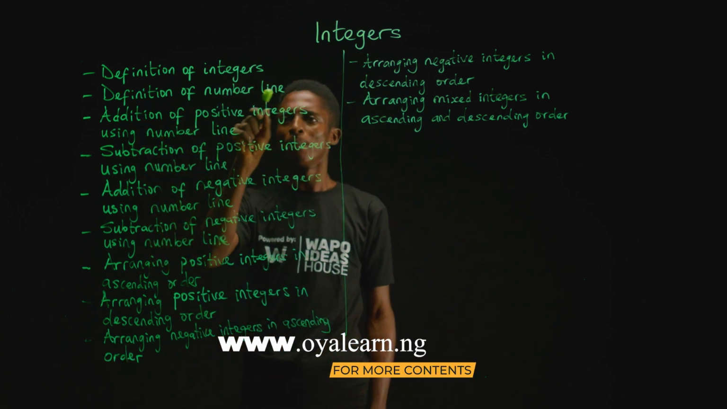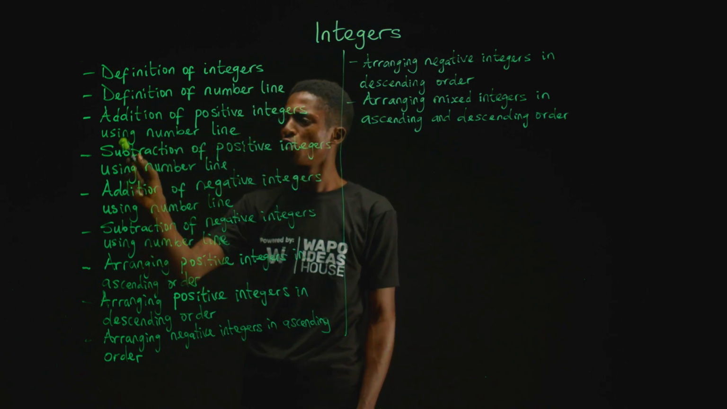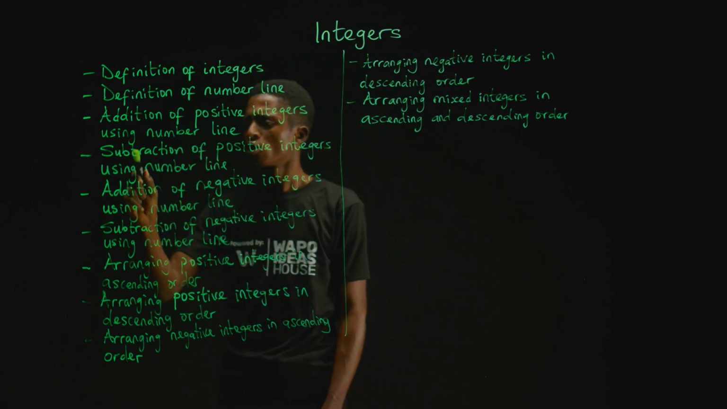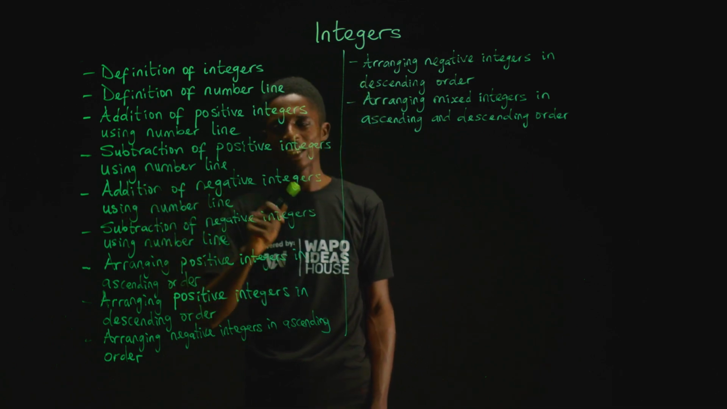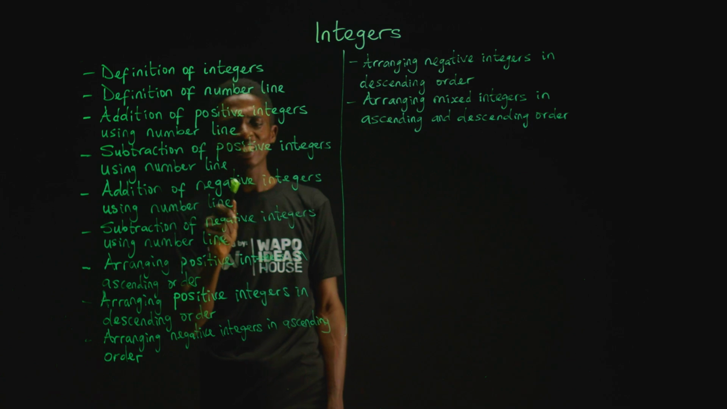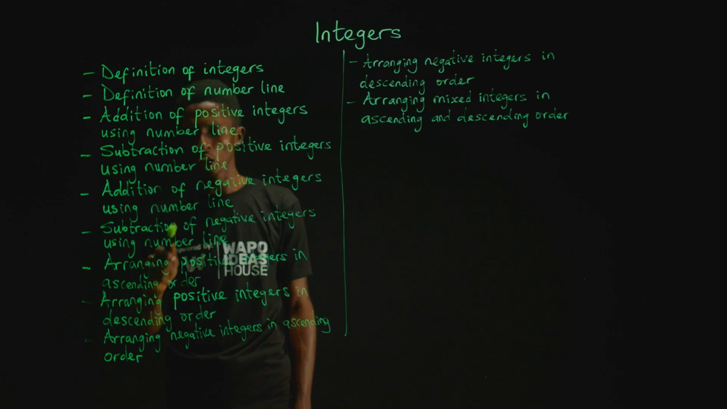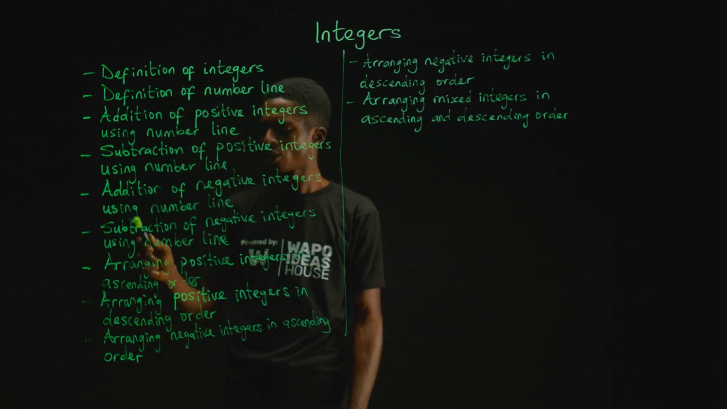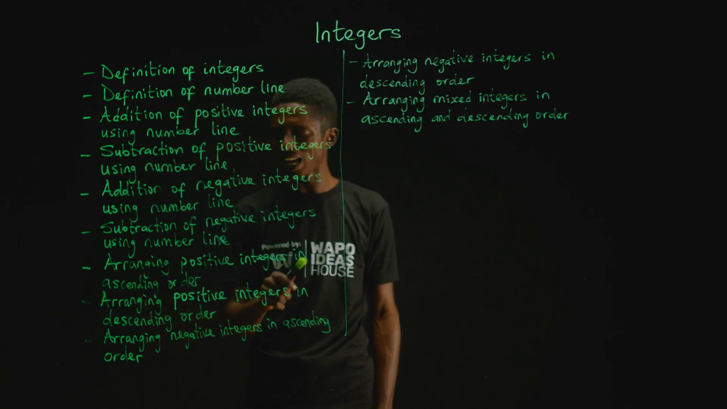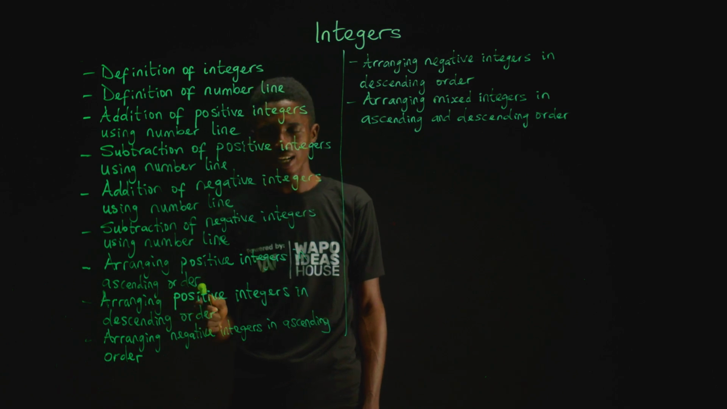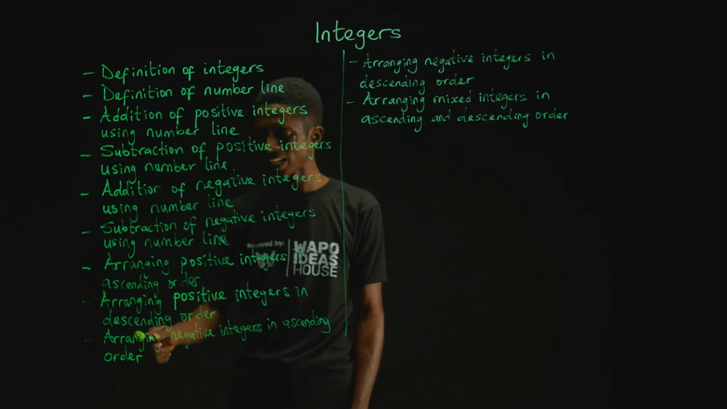definition of number line, addition of positive integers using number line, subtraction of positive integers using number line, addition of negative integers using number line, subtraction of negative integers using number line, arranging positive integers in ascending order, arranging positive integers in descending order,